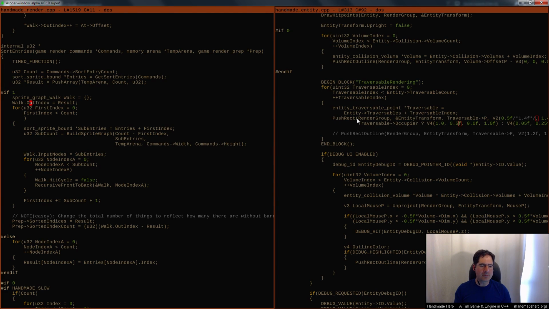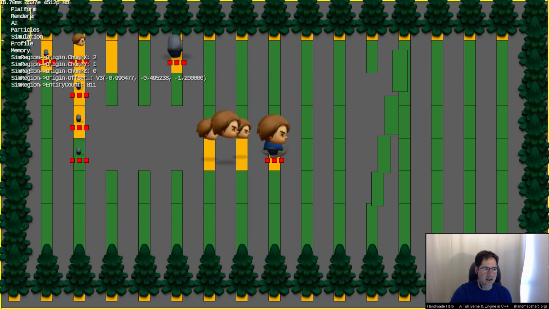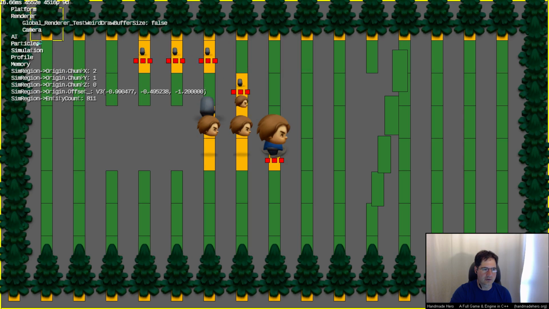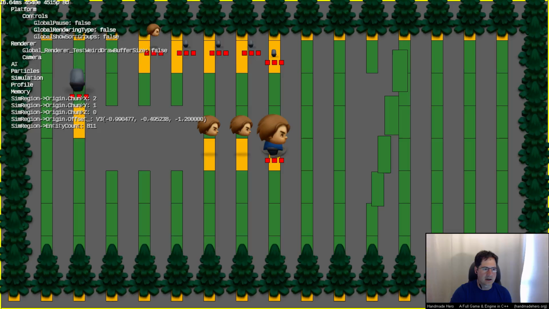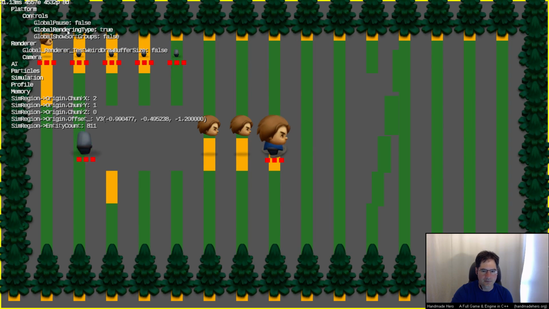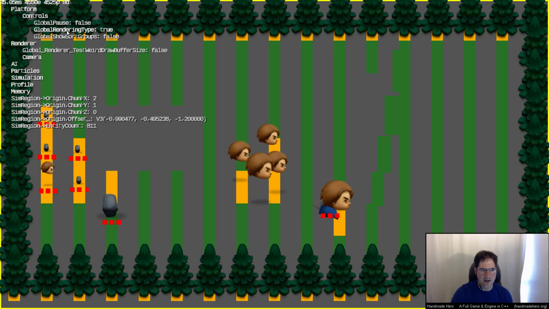But for the time being, we kind of have to ping pong back to our OpenGL code and our other render code in order to make this stuff work. So the first thing I wanted to do is see if we're still rendering okay through our other system. And it looks like we are. So this is the software renderer.